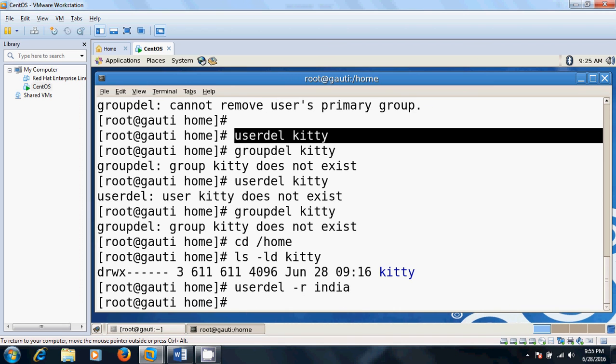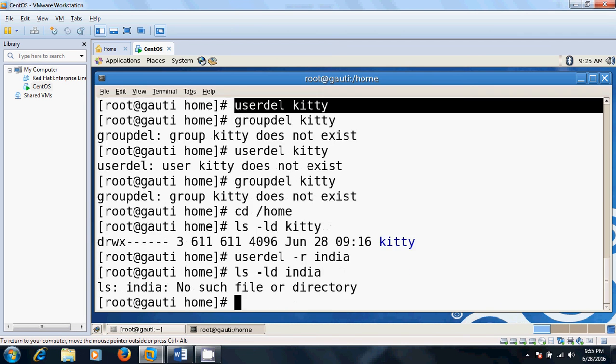Okay, now let's check ls -ld India. Yes, here it says no such file or directory. Okay, no such file in the home directory.